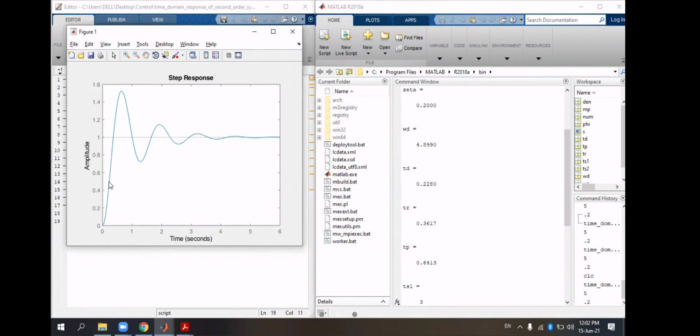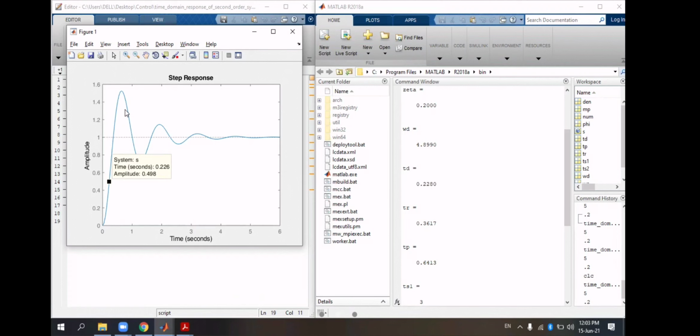By tapping here, we are able to see the amplitude. The amplitude is 1, our output is 1, and for 0.5 the delay time is 0.226 from the graph. We have calculated from the formula 0.228. So these are nearly the same, and for 0.5 it will come accurately as 0.228.